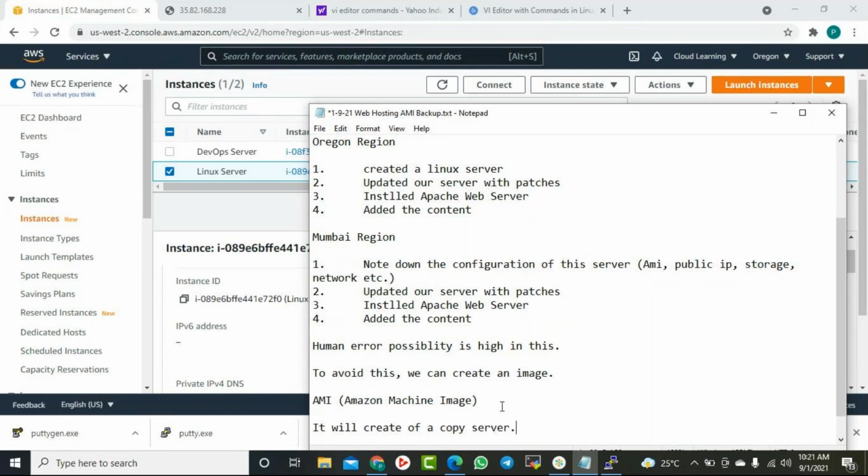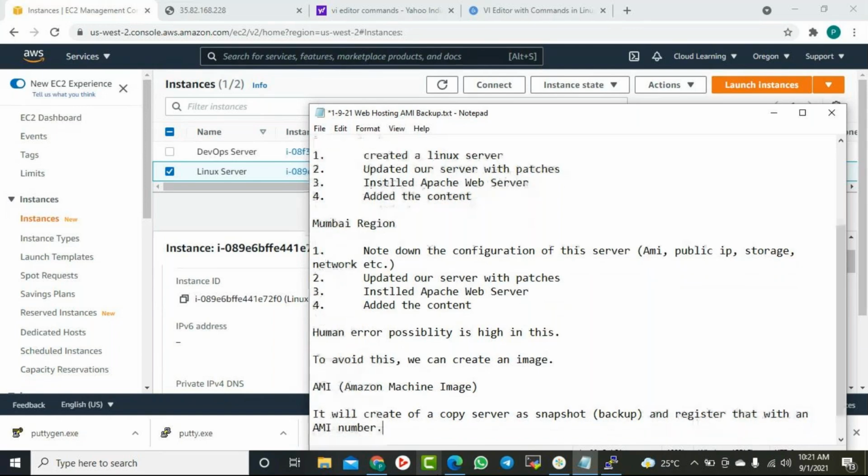It will create a copy of your server as a snapshot and register it with an AMI number. The snapshot is nothing but a backup. In AWS, whenever you talk about a snapshot, it means backup. We are talking about backup.